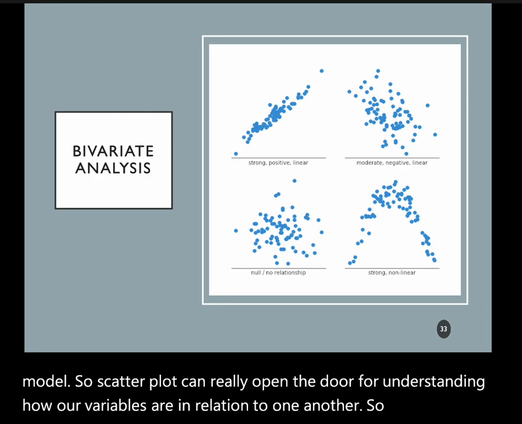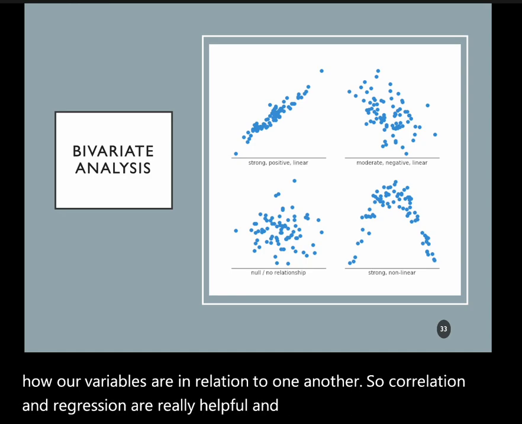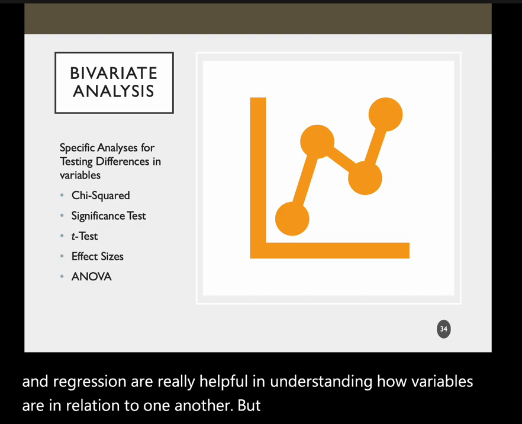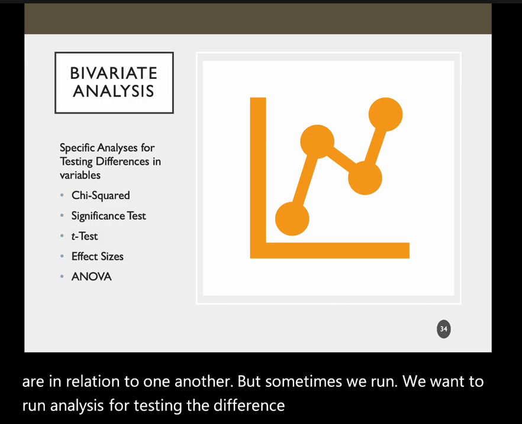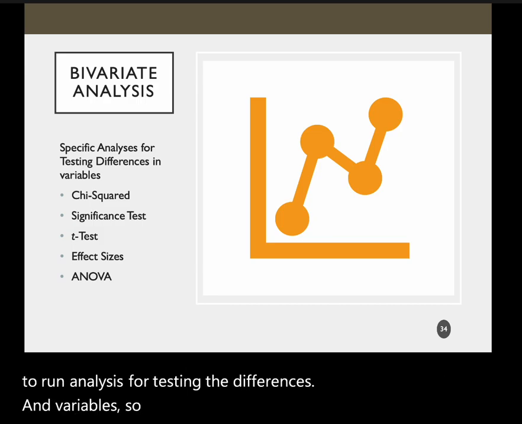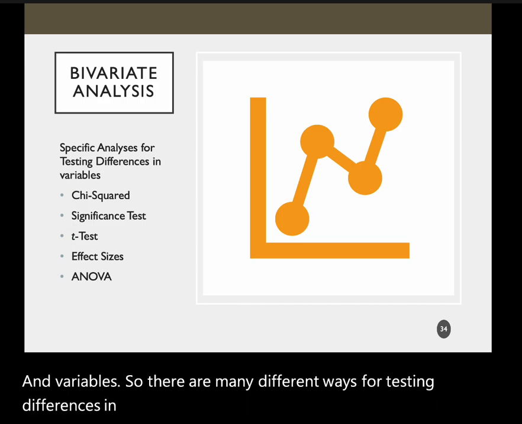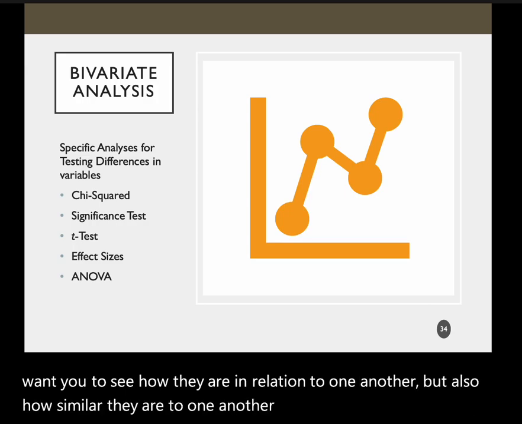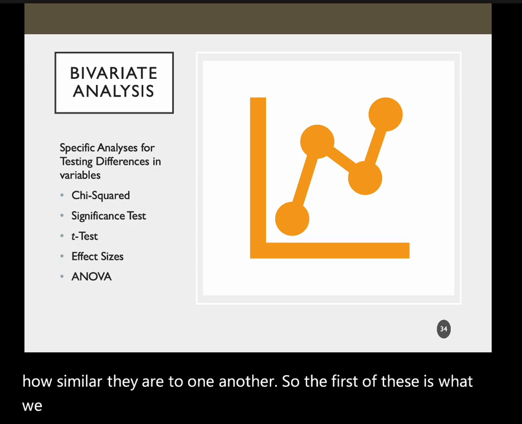So correlation and regression are really helpful in understanding how variables are in relation to one another. But sometimes we want to run analyses for testing the differences in variables. There are many different ways of testing differences in variables, and I put all of them up at once because I want you to see how they are in relation to one another, but also how similar they are to one another. The first of these is what we call the chi-squared,